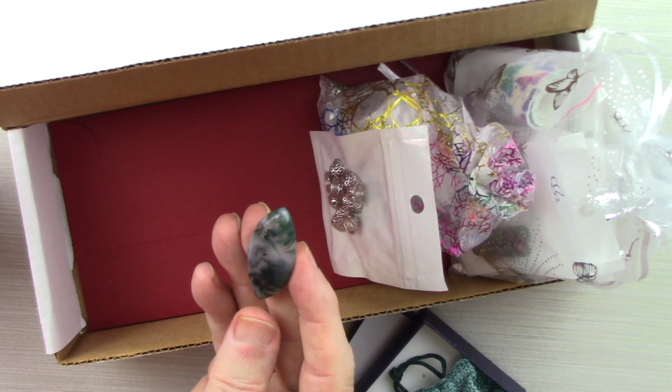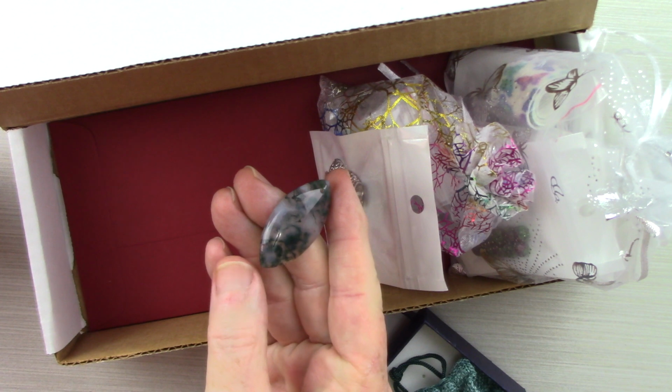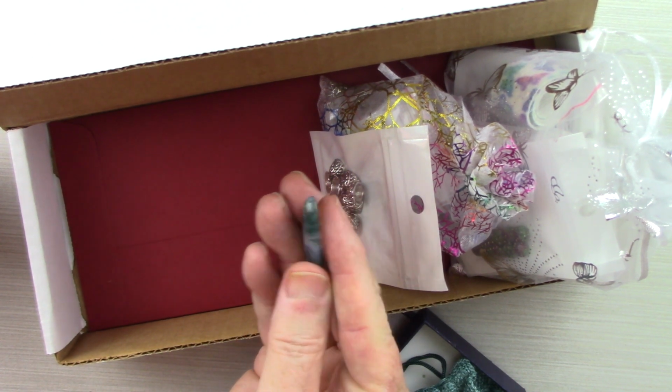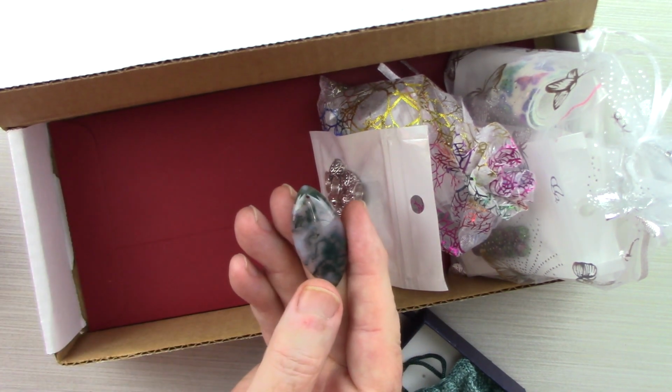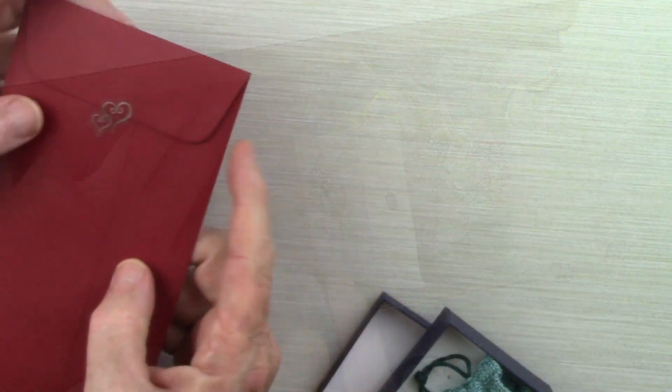Okay, what would you call it? Is that a horse eye or a... It goes by both the horse eye and the marquee. Marquee, that's the shape I was thinking of. That's a back, and this is a pendant stone. It's drilled up at the top, isn't it? Yes. Okay, then down here in the bottom, so right here we have...